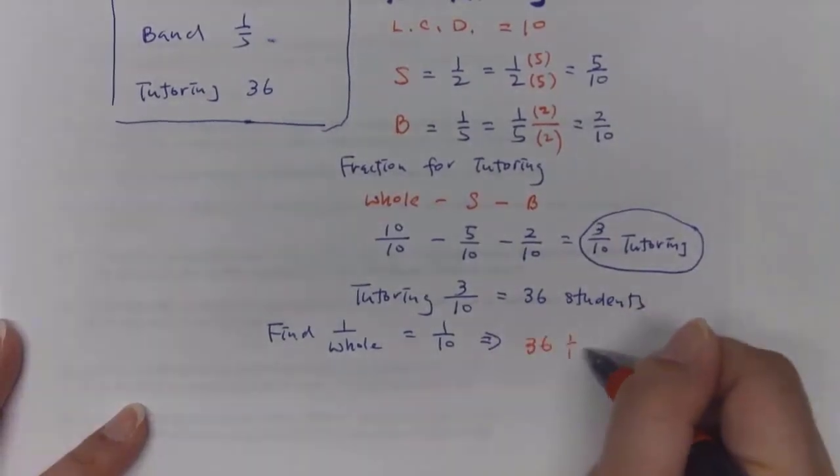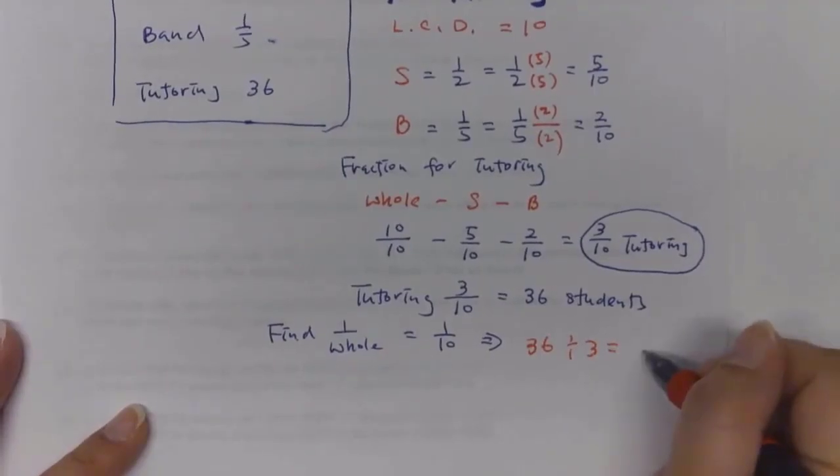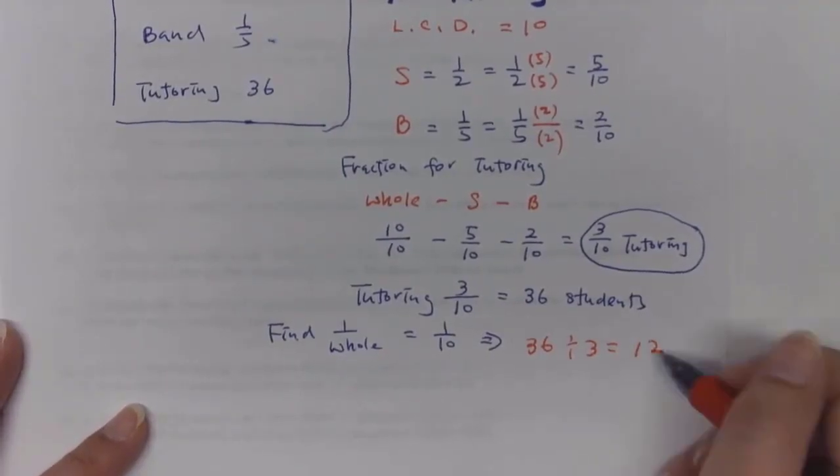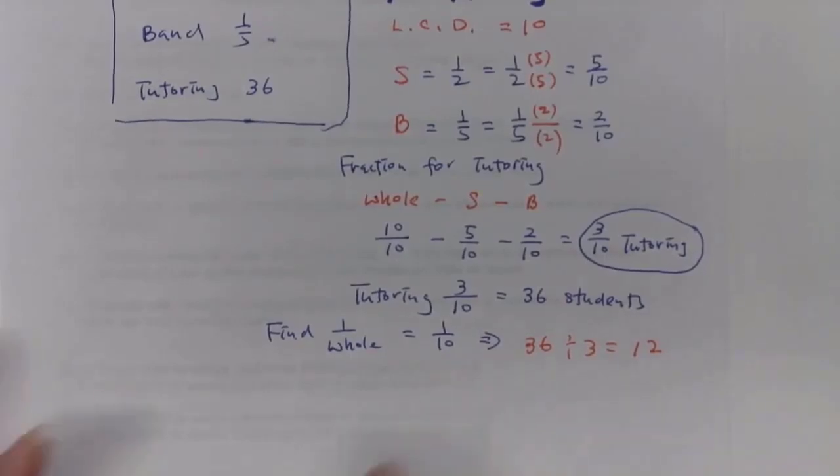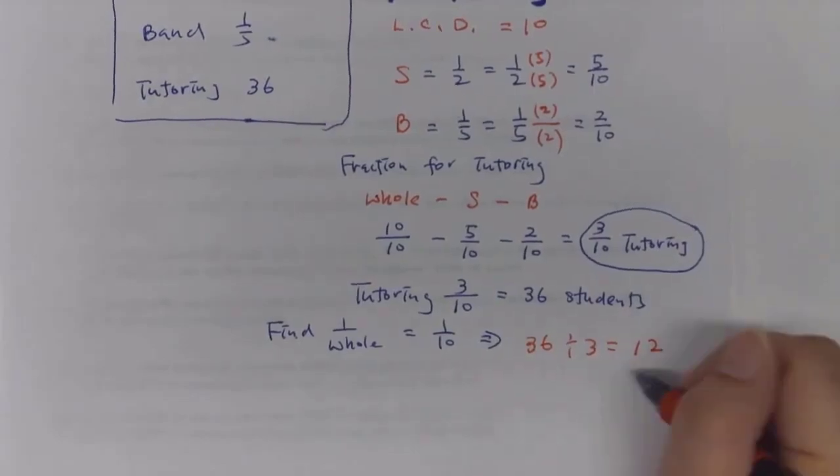36 divided by 3 is 12. Okay. All right. So 12 students equal 1/10. Are we okay with that? And if you have a hard time, you can draw 10 boxes. And then 3 of them represent 36, and 1/10, 1/10, 1/10, and divide them into 3 equal boxes. Okay. So if 1/10 is 12 students,